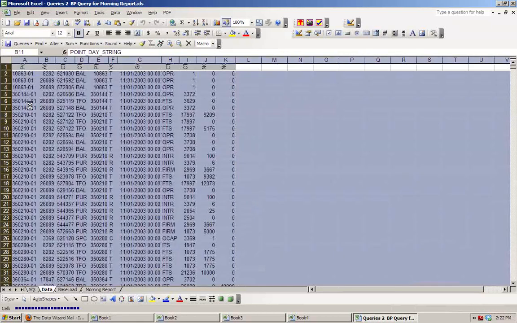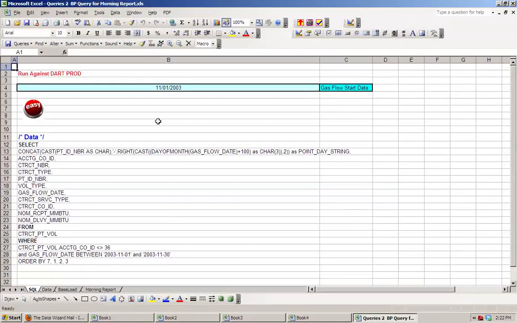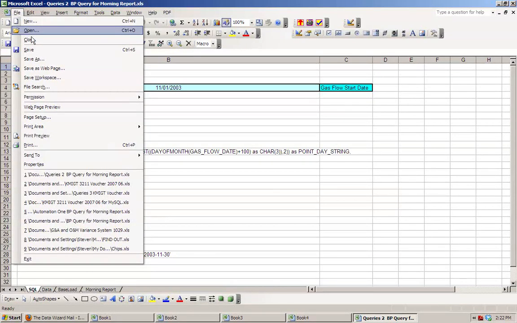So there's the data coming in, there's the data being fed, and it's finished. This process used to take about an hour each and every morning. Go ahead and open up